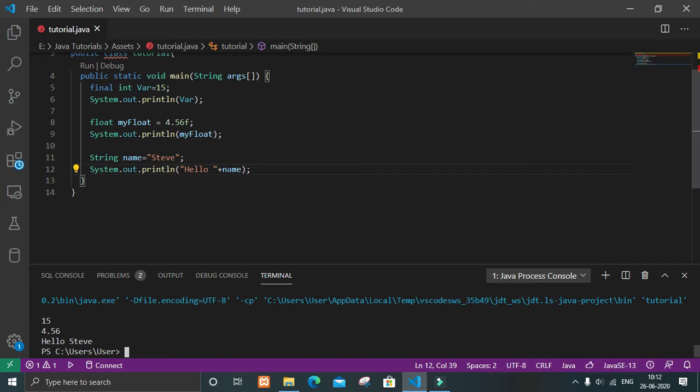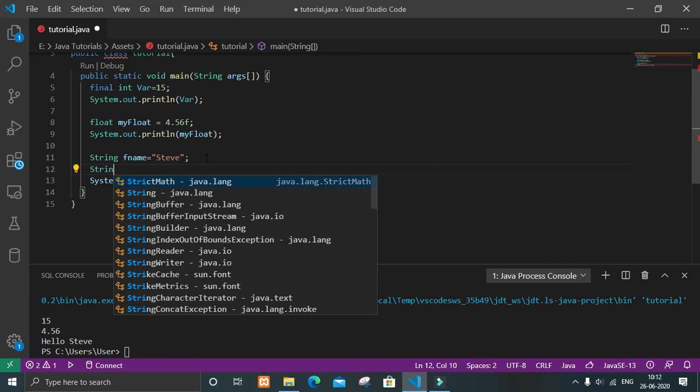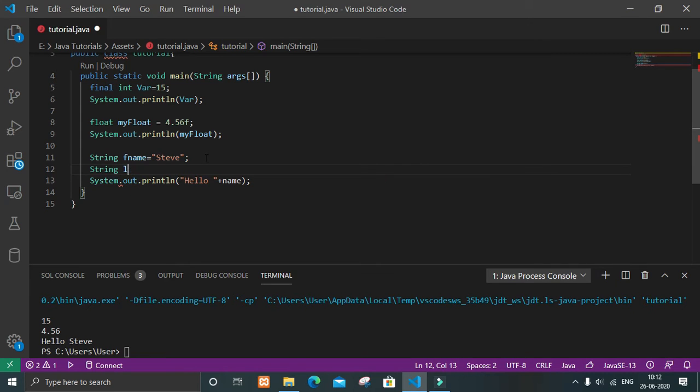But if it is a first name and I want to give another variable as last name, let it be Jones, Steve Jones, and I want to concatenate it in a third variable, that will be a string, because we are concatenating two string values, so it will give a final output as a string.